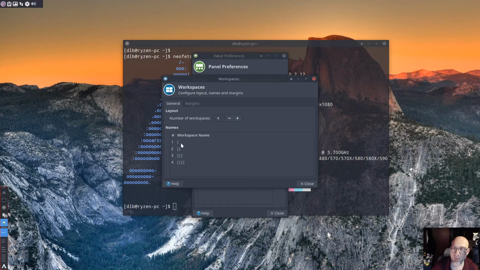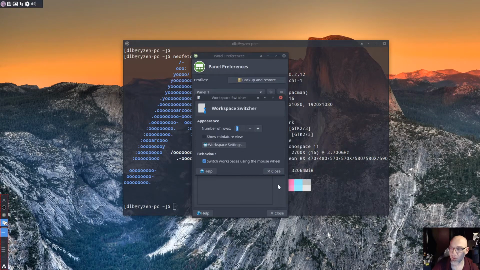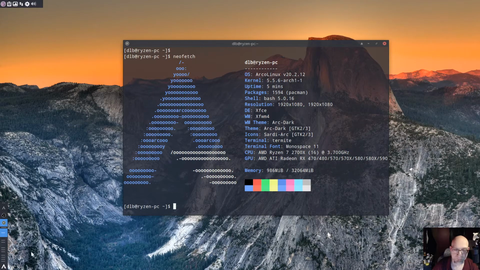So 1 pipe is 1, 2 pipes is 2, 3 pipes is 3, and 4 pipes is 4. And when you switch it from horizontal to vertical, it actually switches the layout of the pipes. So it's actually showing them as horizontal bars instead of vertical bars. So this gives me this cool little appearance of 1, 2, 3, 4, right? And then it's going up and down here.